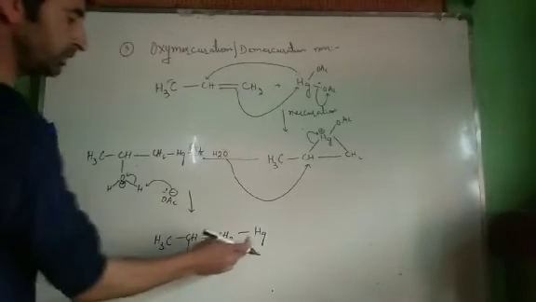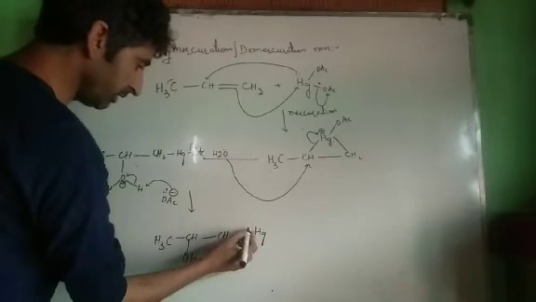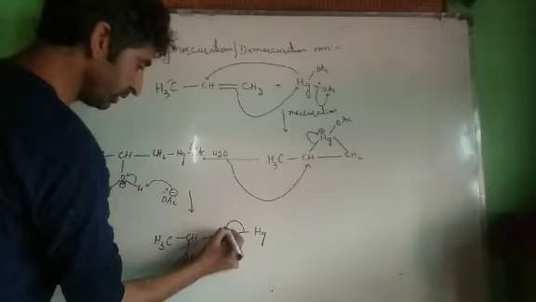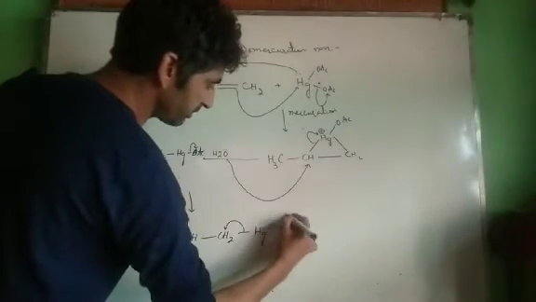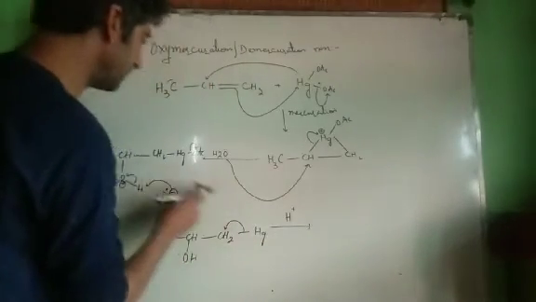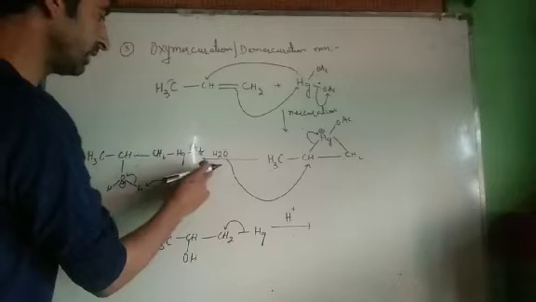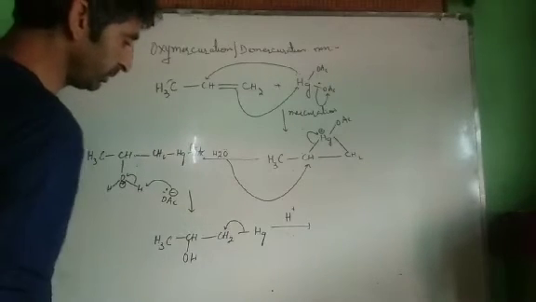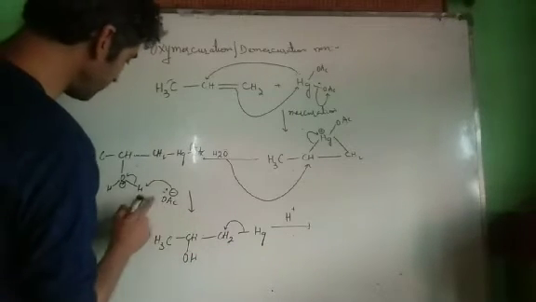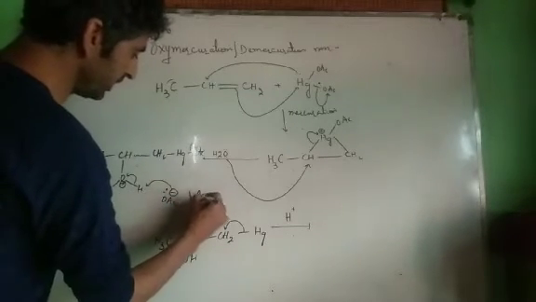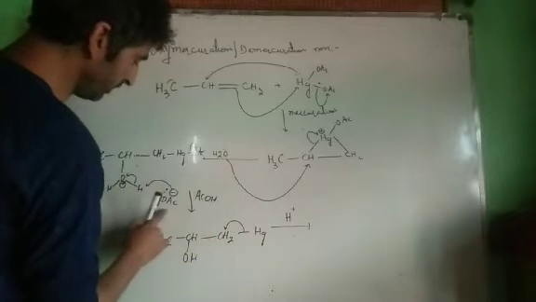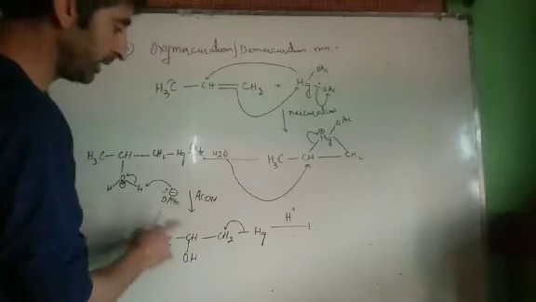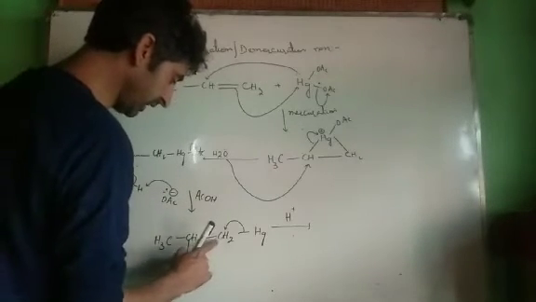Now what happens? This bond breaks. Mercury is a metal, it will lose electrons. Electrons will be lost towards this side, and will be abstracted by a proton. A proton is present, since there is plenty of water; we can get this proton from water or from this AcOH that is formed over here. It will lose its proton, and get back to OAc minus, and this proton will attack over here.